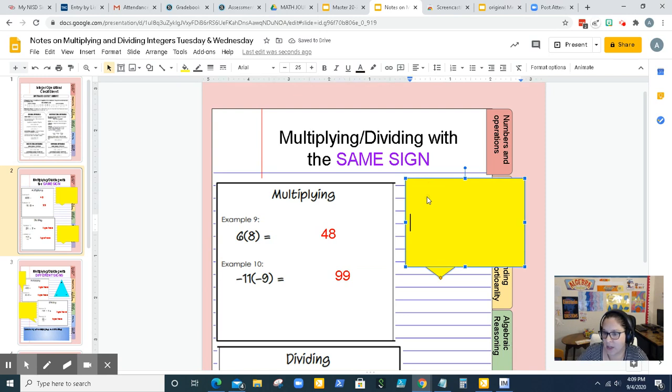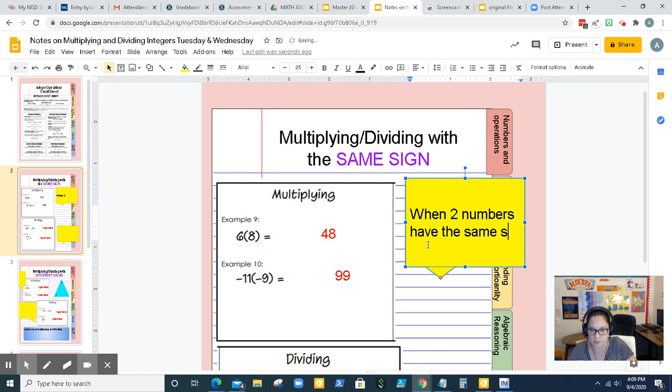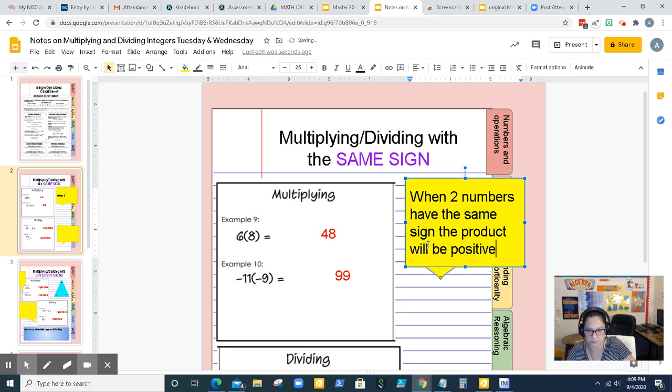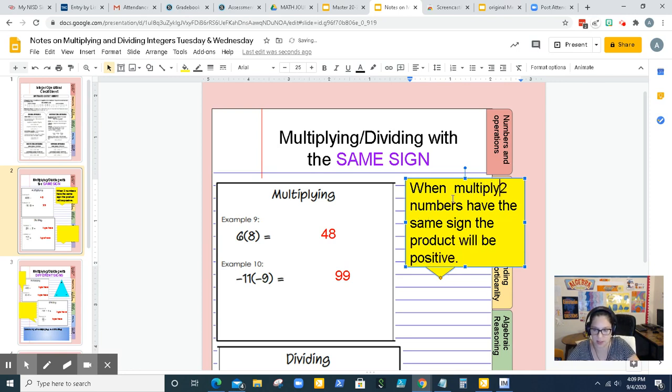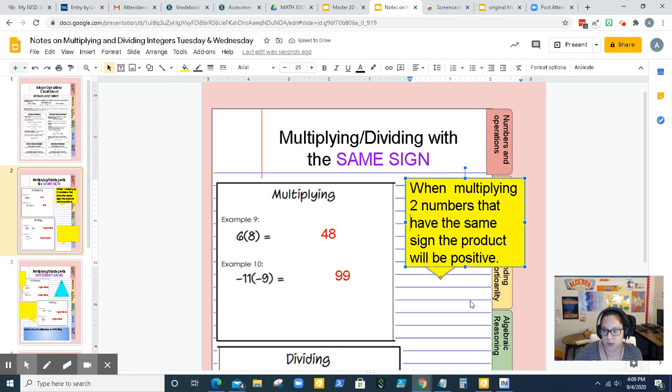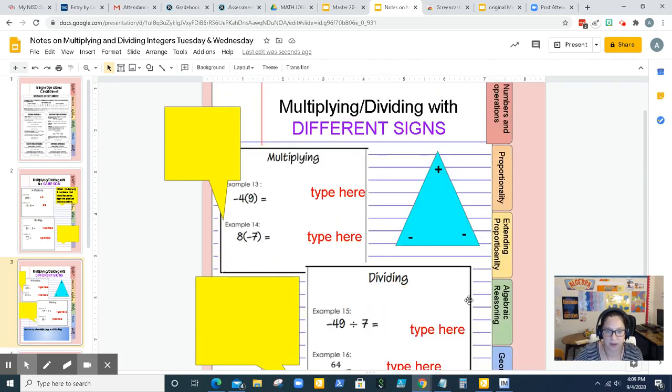So this is where you're going to type any summarization or any notes that you want to write to yourself. So I know when two numbers have the same sign, the product will be positive. And this is when multiplying. Multiplying two numbers that have the same sign will be positive. Okay. Now for dividing,